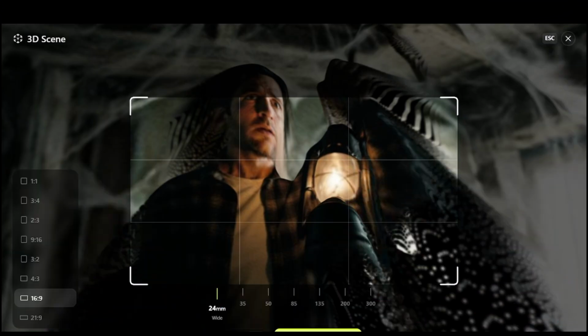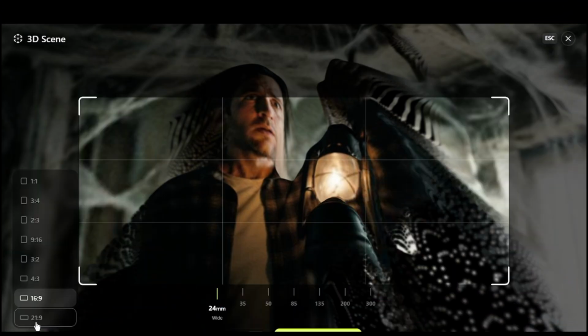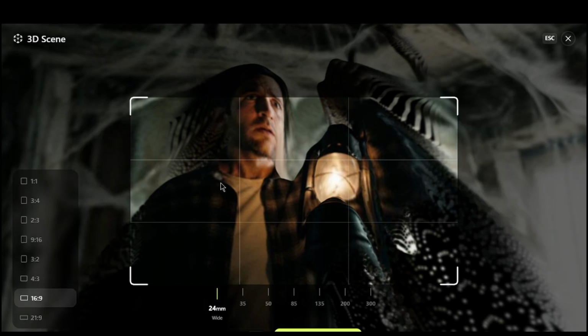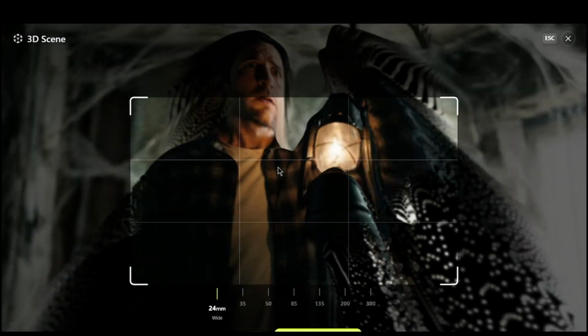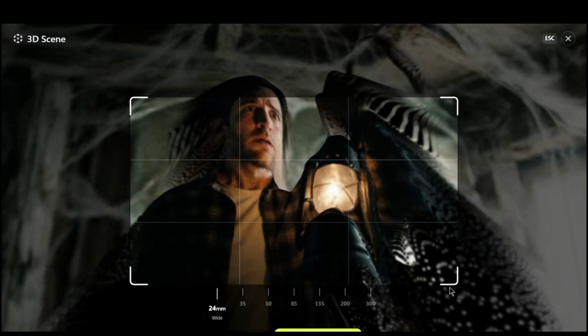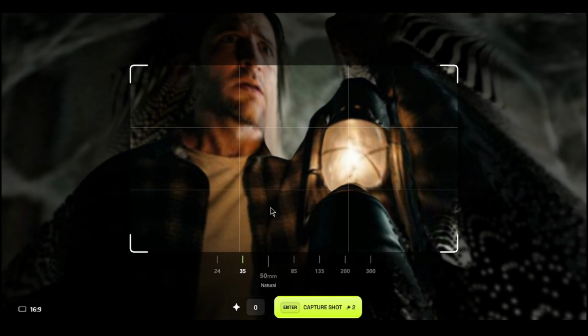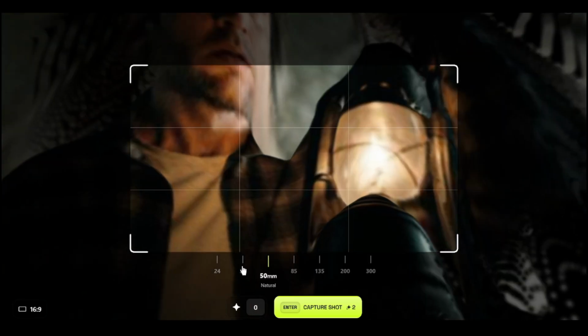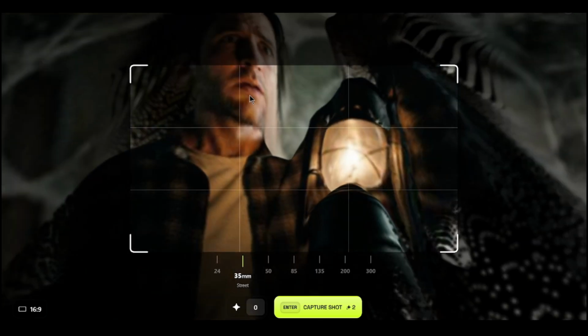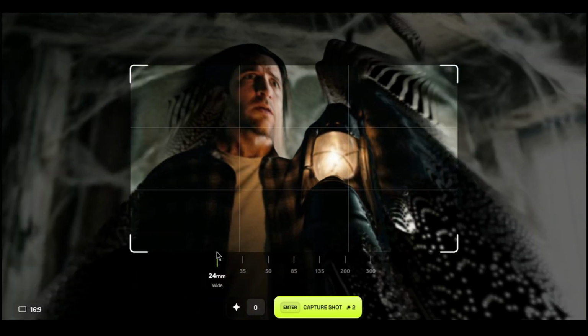Okay. You can change your aspect ratio also. So let's say you want to go 16 by 9, and right now you're adjusting how you want your shot to be. So let's go with 35, yeah, and let's go with 24, yeah, I think like this, and capture a new shot. All right,